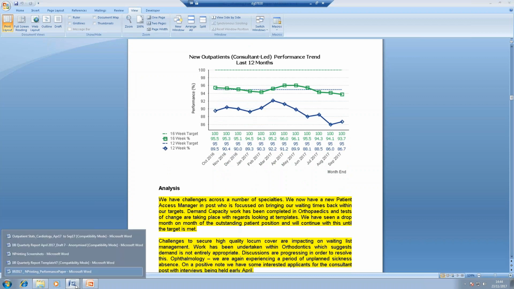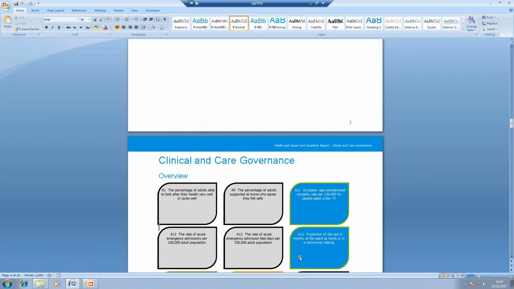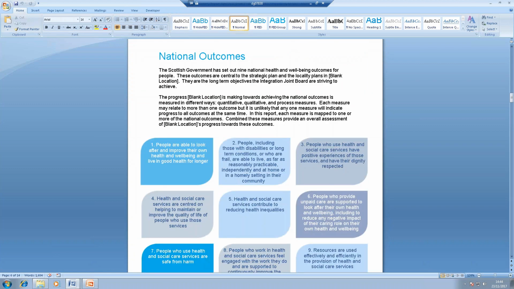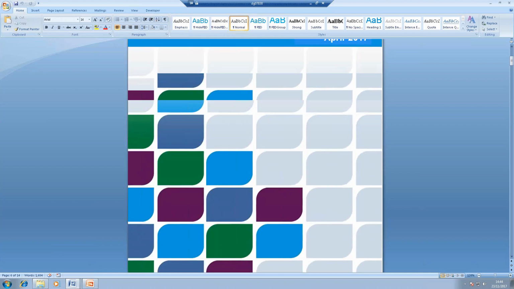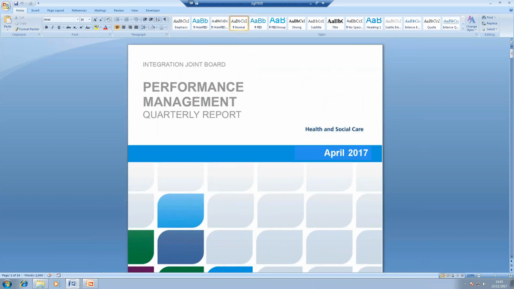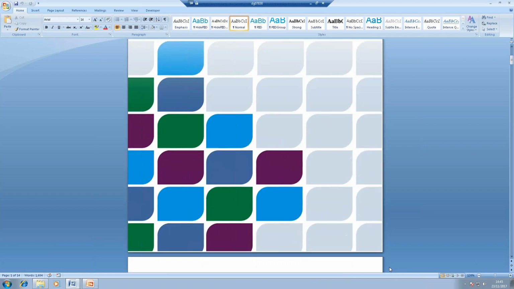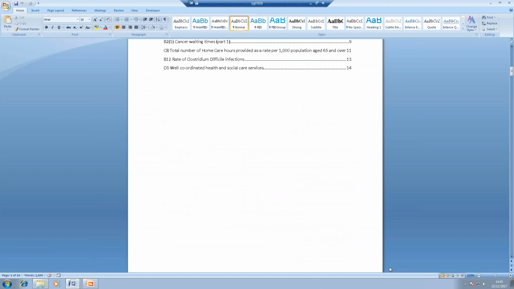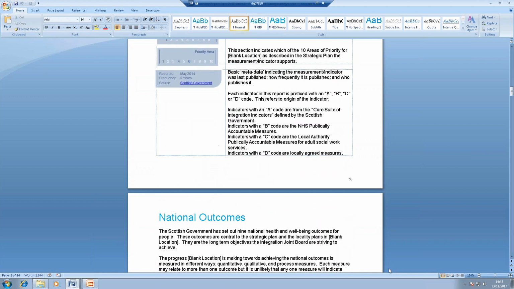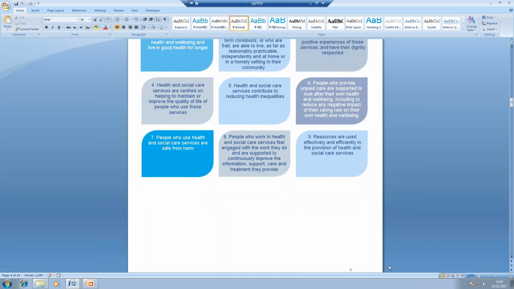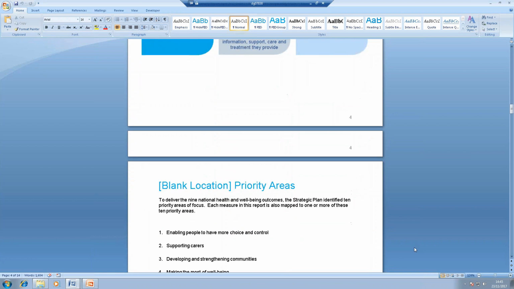Moving on to one that's slightly more graphical. We recently in Scotland started a health and social care integration, so we've got a new joint report which brings data together from both health and council. So we were given this template by the person who designed it. The first few pages are all just standard Word, and